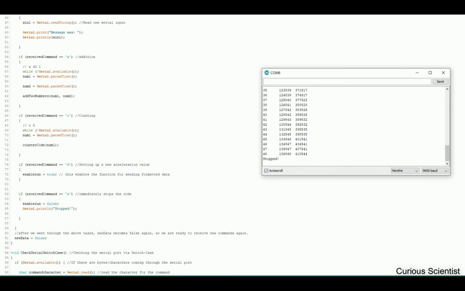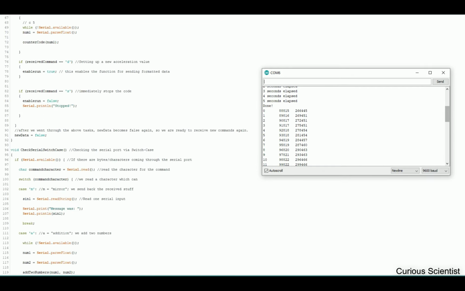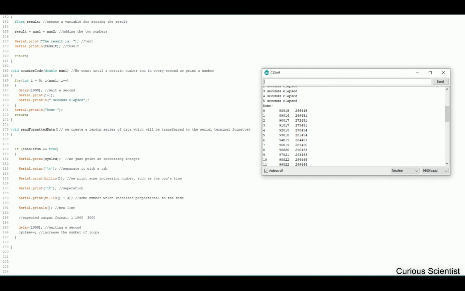So to continue with the next video, which I will upload separately, I think this last command is the most important, because if you want to generate some data, for example, you want to create a small weather station, you want to measure time with a real-time clock, or you want to measure something as a function of time, then this is the most important thing that you should do. So you have to format your data. So as we do it here in this part,